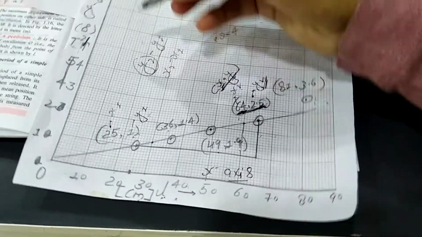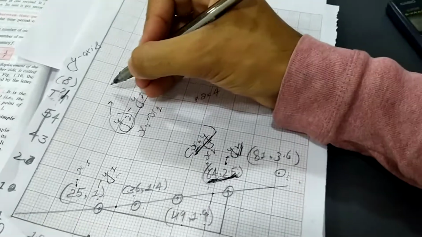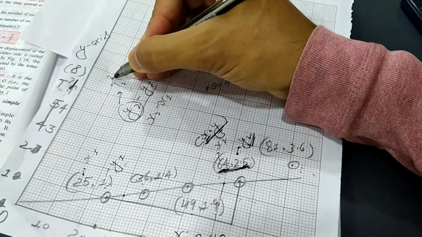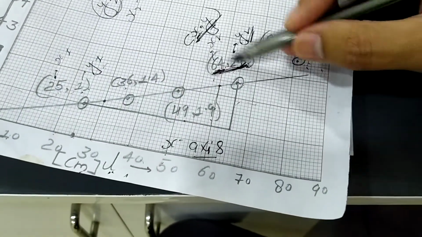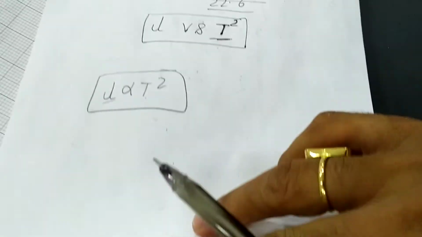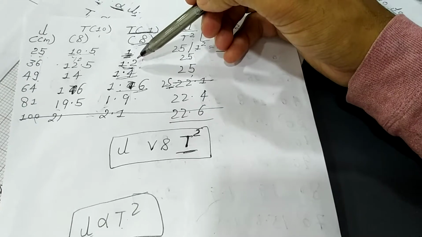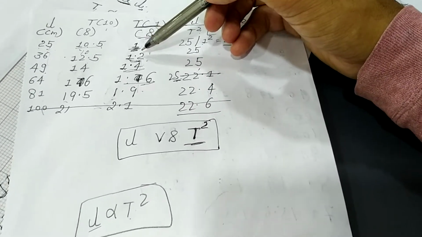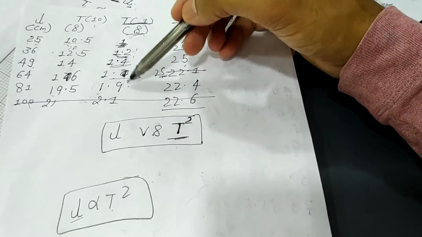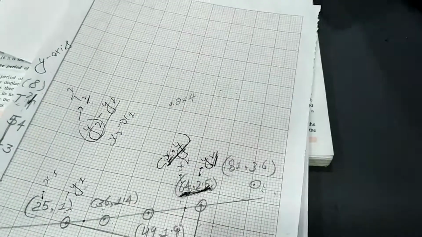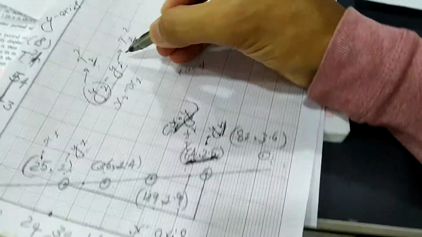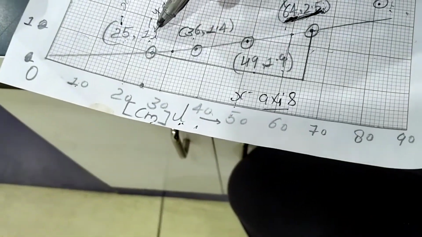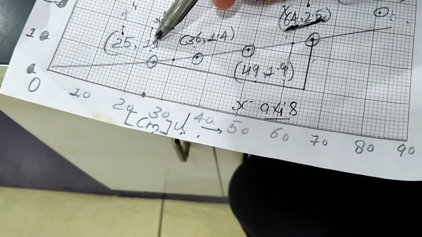So basically this is the value of time. Whose value it is? Time. So I can write it as t2 square. Why? Because this is the value of time, 2.5. 2.5 is the squared value of time. If you look here, 2.5 is the squared value of time. So that has come from the squared value of time. Similarly, y1 I can write t1 squared. So this is the squared value of time, which is 1.